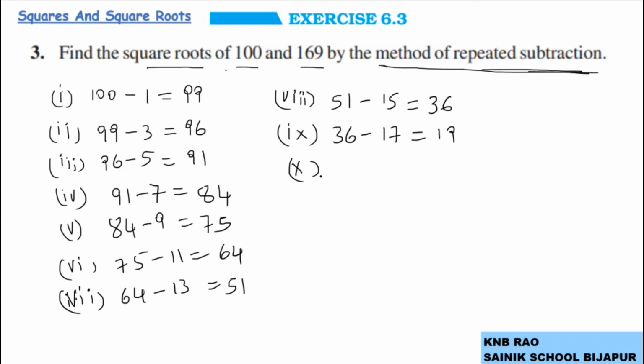In step number 10, from the difference 19, the 10th odd number 19 subtracted will give us 0. The moment we get 0 in step number 10, we say that the square root of 100 is 10.